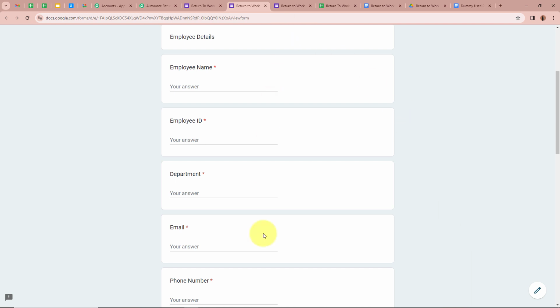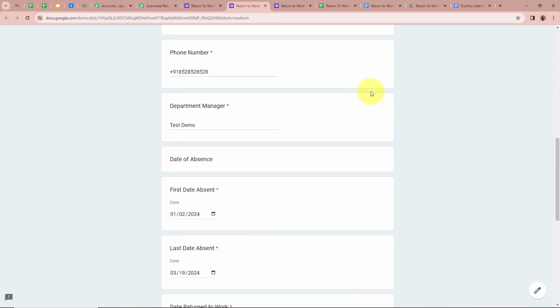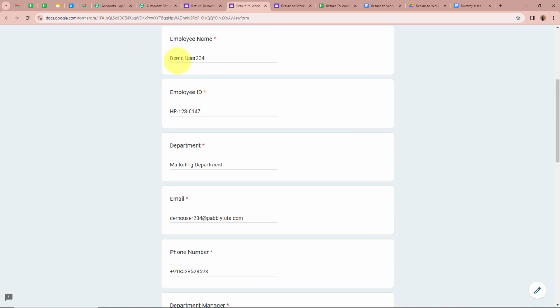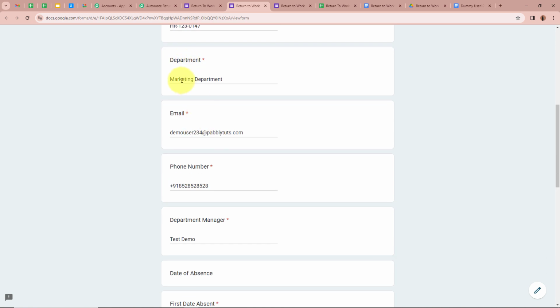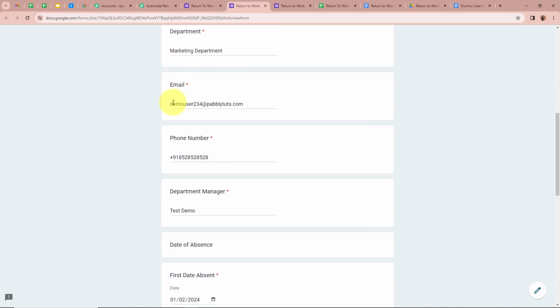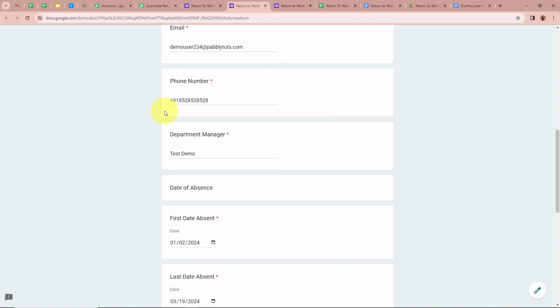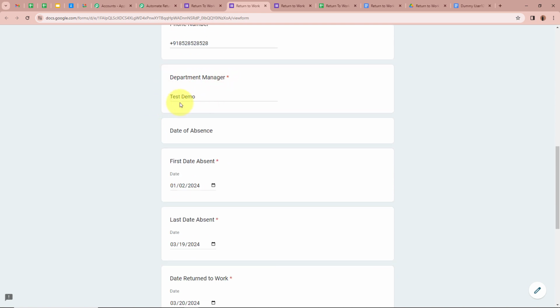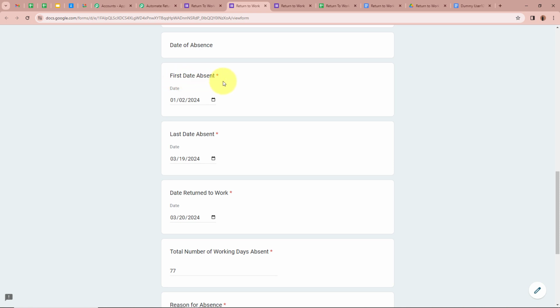I'm going to fill in all the details. As you can see, I've filled in all the details that this form was asking for. For the employee name as dummy user 234, for the employee ID a dummy employee ID, department as marketing department, email as dummy user 234@pabblytudes.com, for the phone number a dummy mobile number, department manager as test demo,